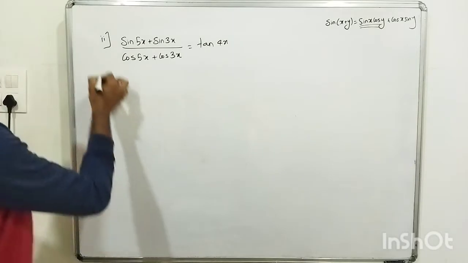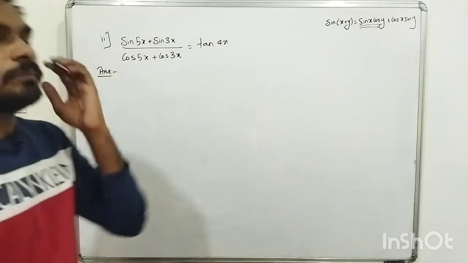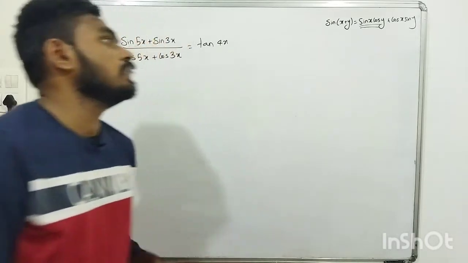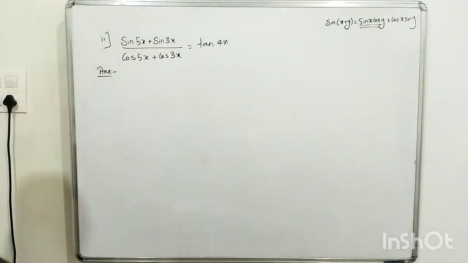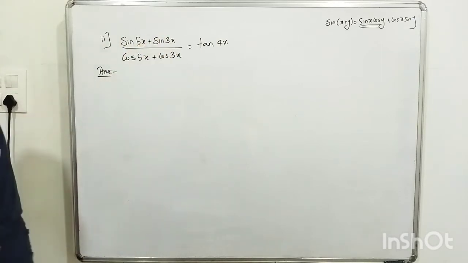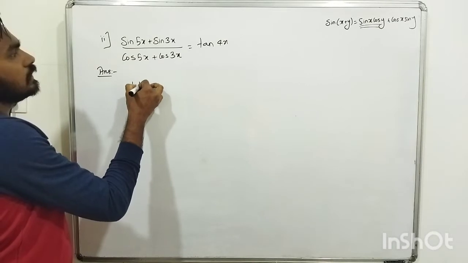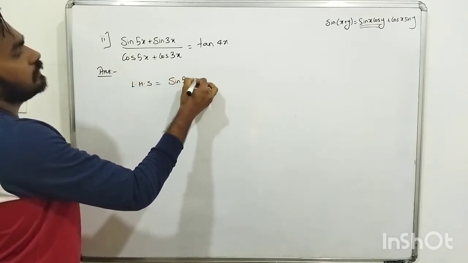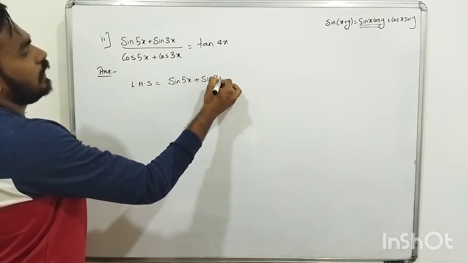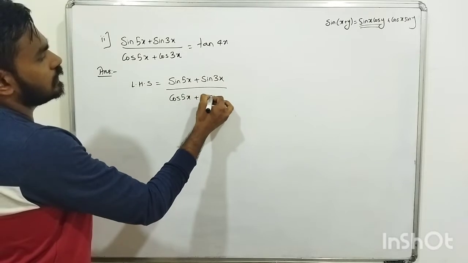So basic all the formulas you have to know. Directly you won't be able to remember this. Okay. So basic formula means sin upon cos is tan. Those formulas we need to remember along with all these formulas. Okay. So sin 5x plus sin 3x. So LHS, sin 5x plus sin 3x we have, and in the denominator we have cos 5x plus cos 3x. One by one you have to write this.